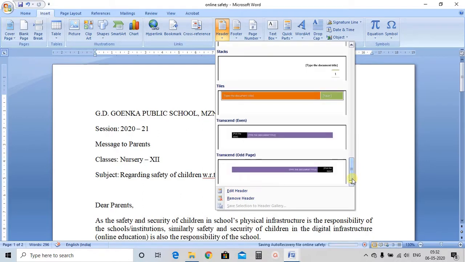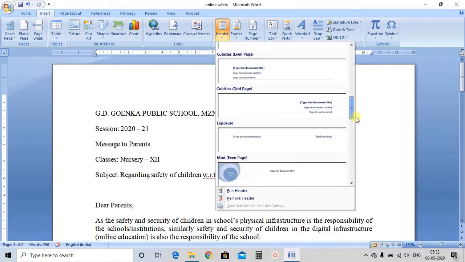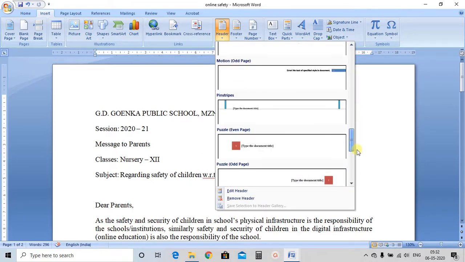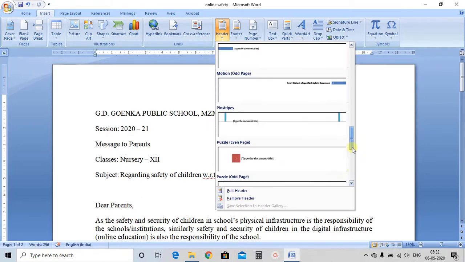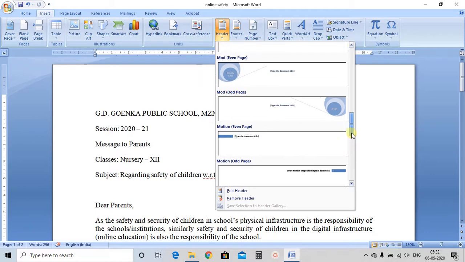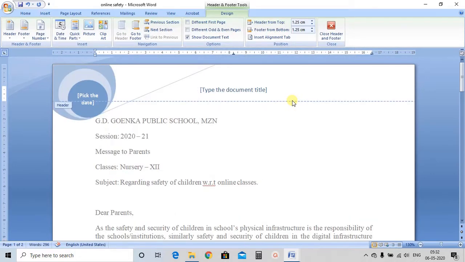Okay, these are the inbuilt header styles given. So you can use any one of them as per your choice. Now suppose I am using this one. Let's see, it is written here header. So this is the header part. Now suppose it is asking to type the document title. So I am typing